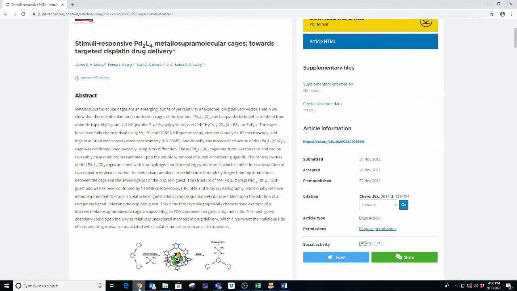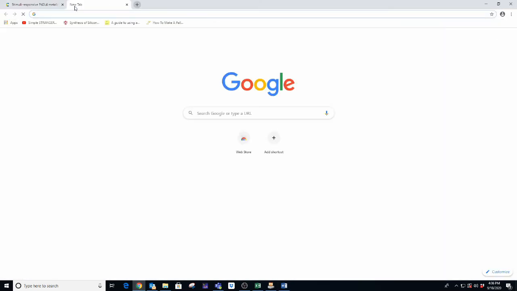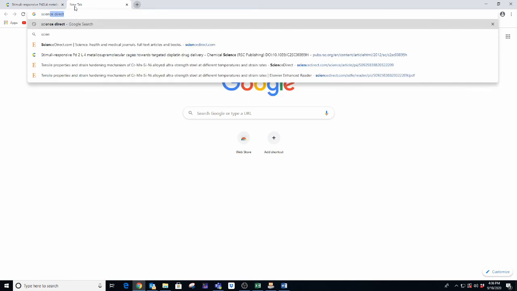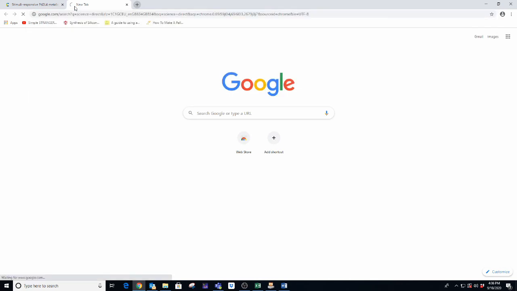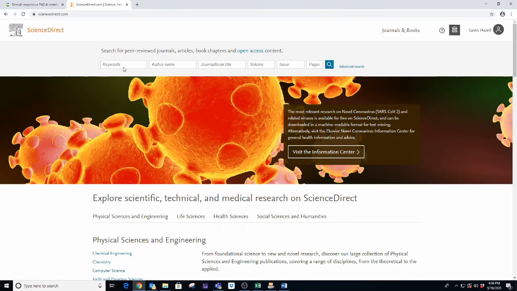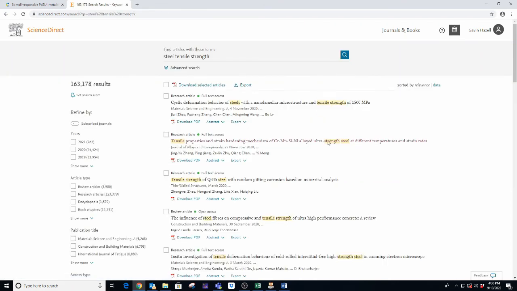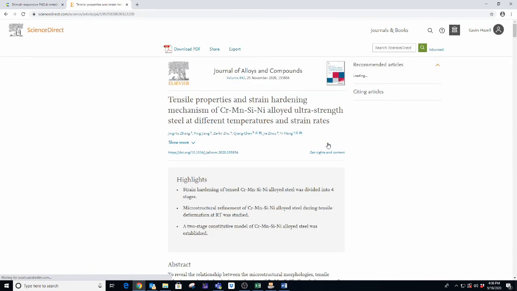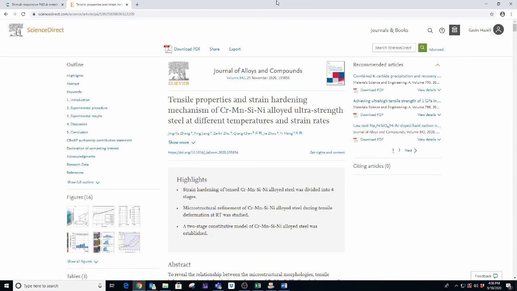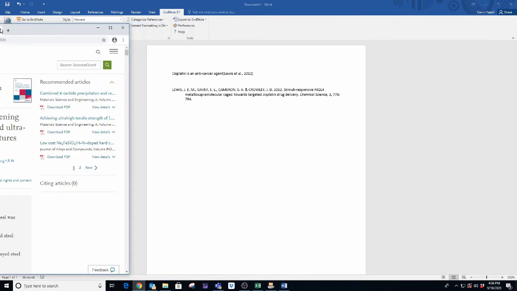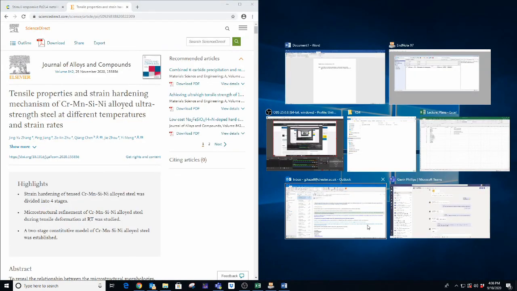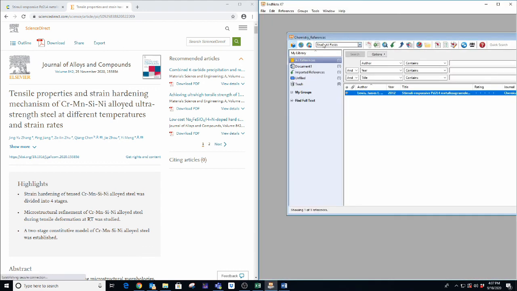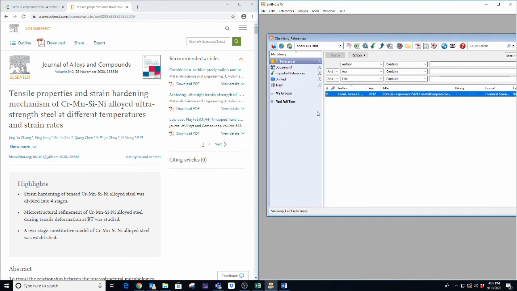Now if I can't download a citation, that doesn't matter, so let's go back to the Science Direct article that we looked at a moment ago. See if we can get access to that again. So there it is, steel tensile strength, and it was this article here, and because I'm already logged in I have access to that. What I can do is, let's assume that I can't download the reference. You can in Science Direct, but I can